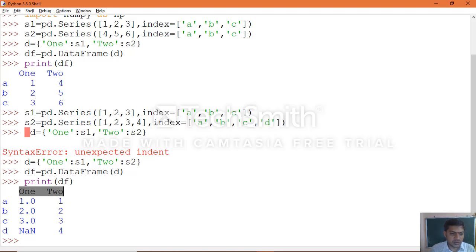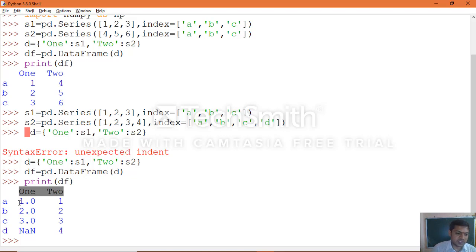Actually, we took the first series object as integer type, but here one value and key index name was missed out, and it is based on the second one. So A B C D will be created as row labels, and the moment a missing value takes place, NaN, the entire data becomes float, because NaN comes in the form of a float data type representation in Python.